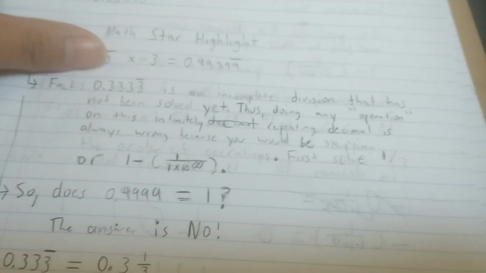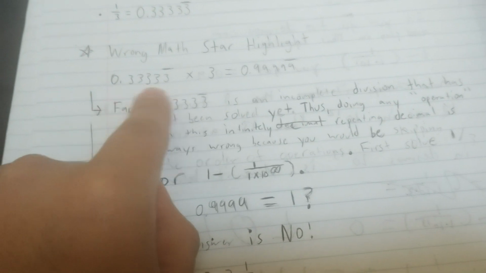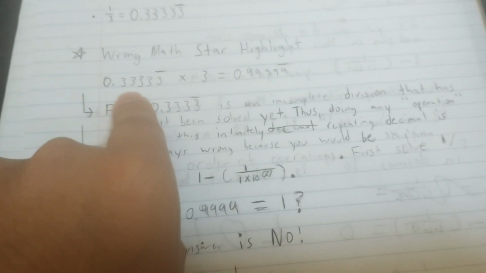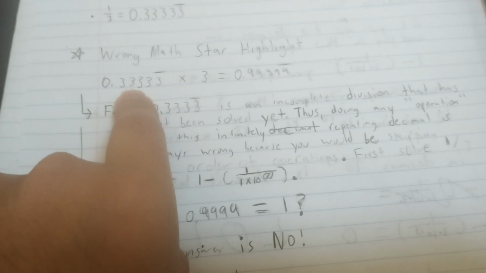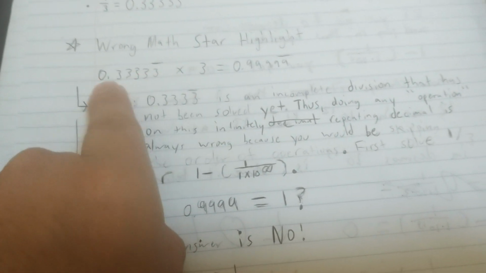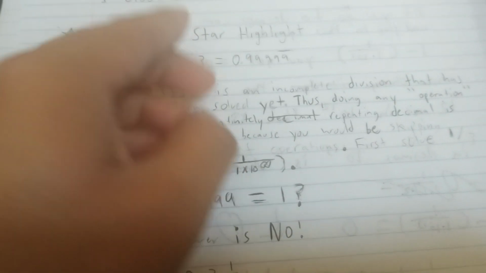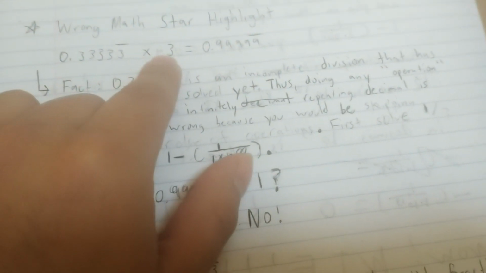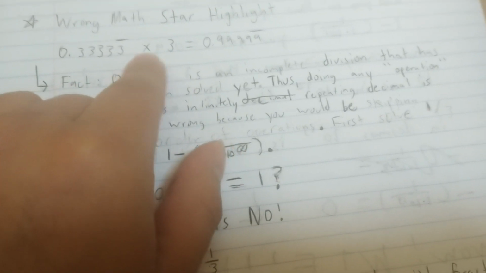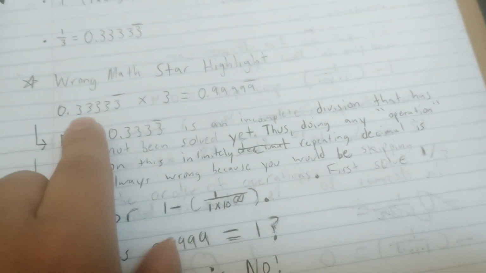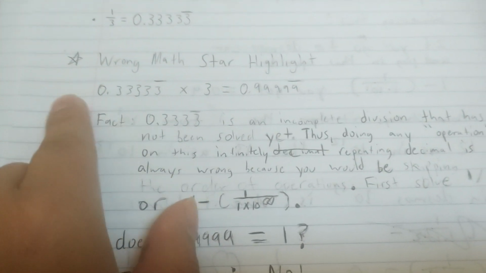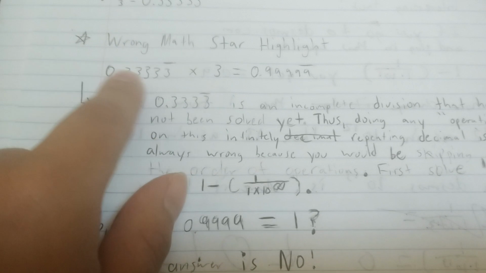How else would you get it when you know that this is just wrong? This isn't a complete product of a division. It's not a complete number. It's still being completed. You have to wait until it's finished. And this, which has already been completed, which stands for 3, is multiplying and waiting for this to finish, but it never finishes. But if you undo it, you would get 1 divided by 3 times 3,